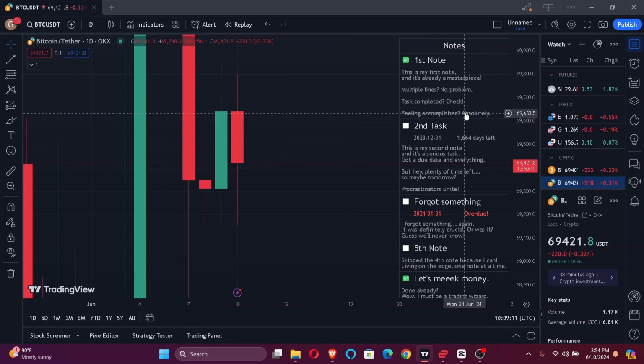First things first, I assume that you have already logged into your TradingView account. After logging in, you'll see this kind of interface. From here, all you've got to do is look on the top left corner of your screen and you'll find